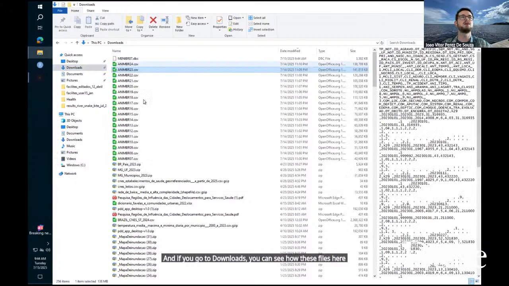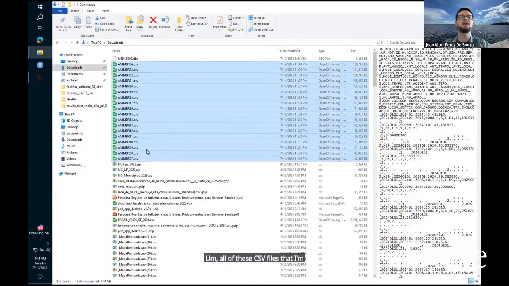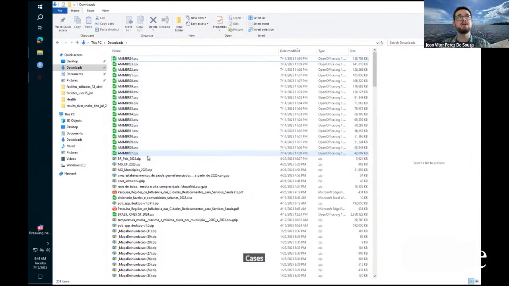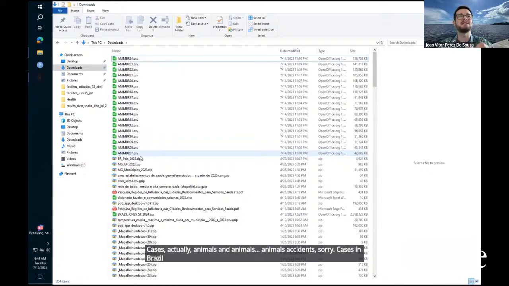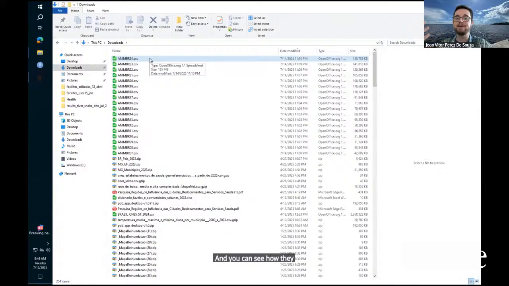So all of these CSV files that I'm showing you are for snakebite cases, actually venomous animal accidents, sorry, cases in Brazil, all the way from 2007 to 2024, that I downloaded previously. And you can see how they are pretty large in the number of entries.